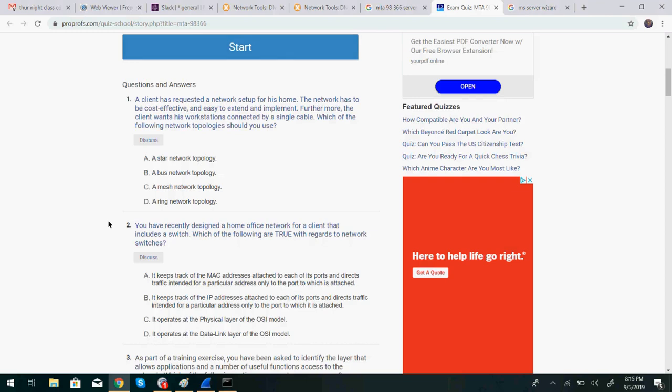But isn't that for ensuring availability? Pardon me? Is mesh for ensuring availability? Yeah, so you would want mesh at your job, you would want to have a mesh network